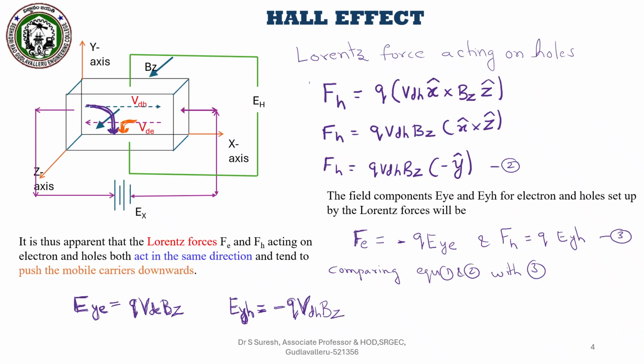Now the Lorentz force acting on holes. Fh is equal to the charge of the holes, q, and the velocity of holes is VDH along the x cap direction, and the field Bz along z cap. So Fh is equal to q VDH Bz, x cap cross z cap. Again, the cross product of x cross z is minus y. So again these holes are also pushed in the negative y direction. Actually, y is open. There should be no current flow along the y direction, but because of this Lorentz force, both electrons and holes are moving,